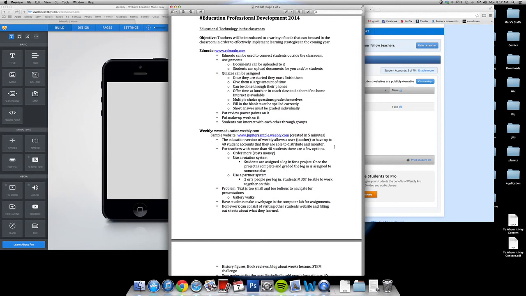But what I've done is I used a rotation system. I taught 6th, 7th, and 8th grade, so I didn't have 6th, 7th, and 8th grade all making websites at the same time. I did 6th grade one day, and afterwards I deleted all the websites after they were graded, and I assigned new logins and new passwords and handed them to the 7th graders. So once the project is complete and graded, the login is assigned to someone else. Or you could use a partner system, 2 or 3 people per login, but